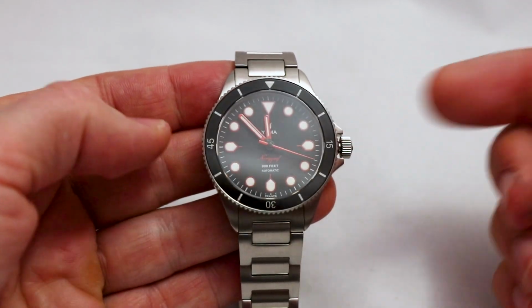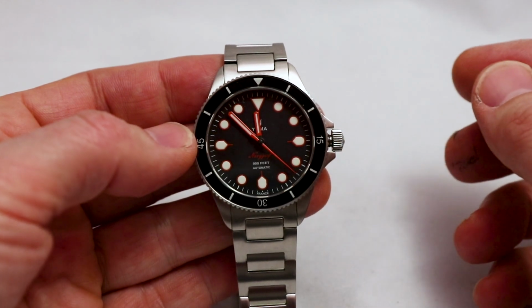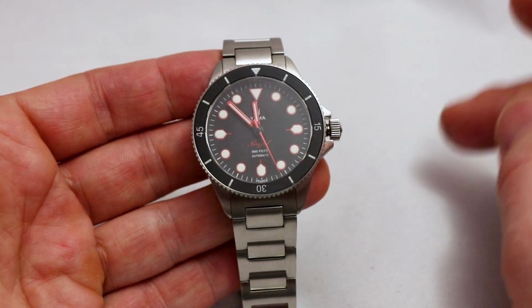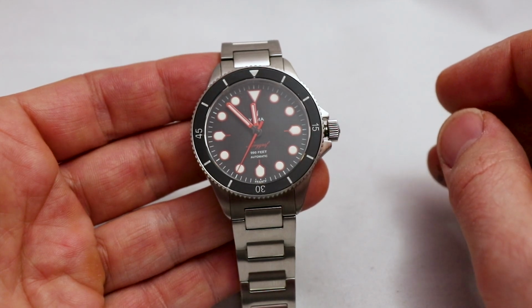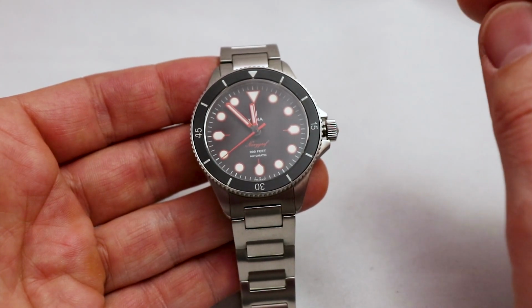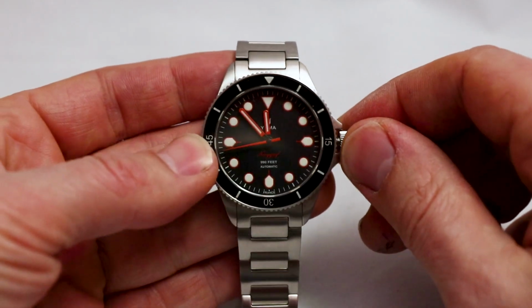And here you have a date function, but the watch comes without a date, so a ghost position. This is not a crime. Many manufacturers do it or have done it. I think I had a Stover once from the early 2000s with a ghost position. They got rid of this now. And maybe this would be a good next step for Yema, for the movement, to develop something without a ghost